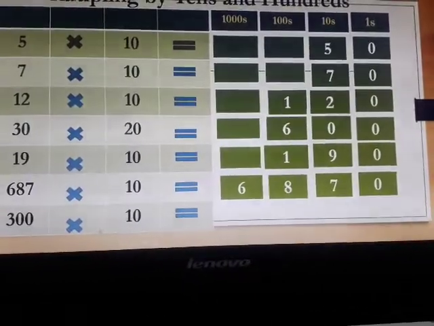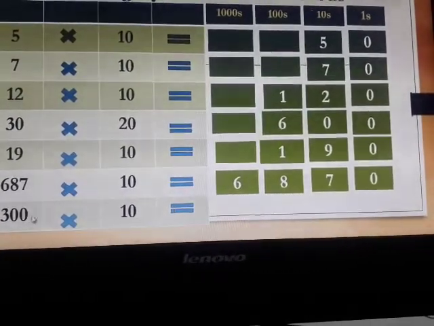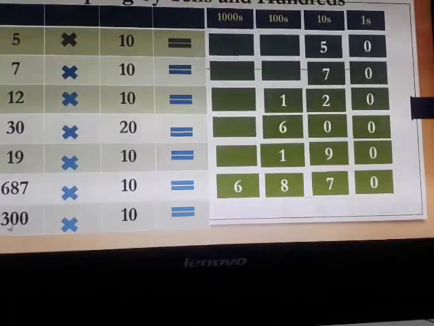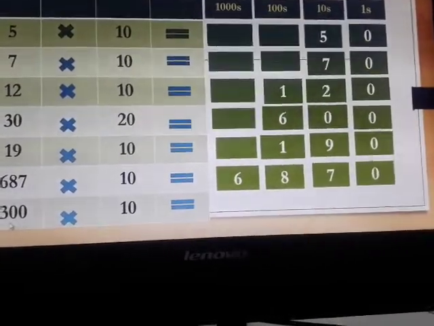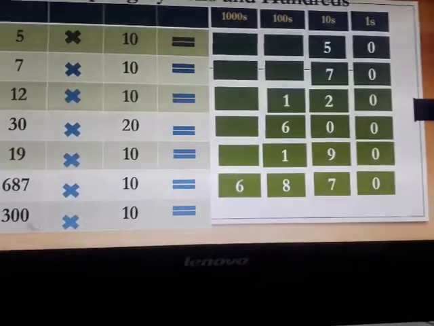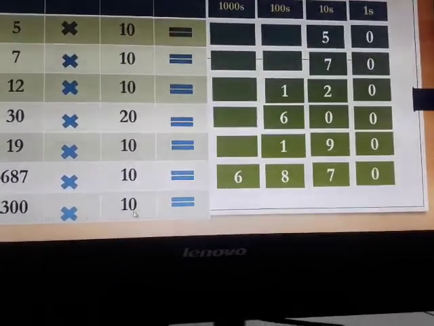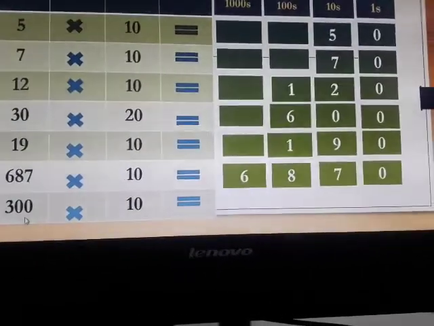Our last example, 300 multiplied by 10. How can you write this? Yes, if you observe this, 300 is the multiple of hundreds, means 100 multiplied by 3, I'll get the 300 and multiplied by 10 means tens. This is the multiplication of hundreds with tens. Both category numbers are present in this example.